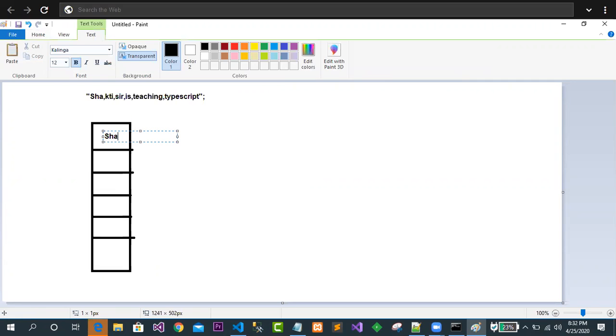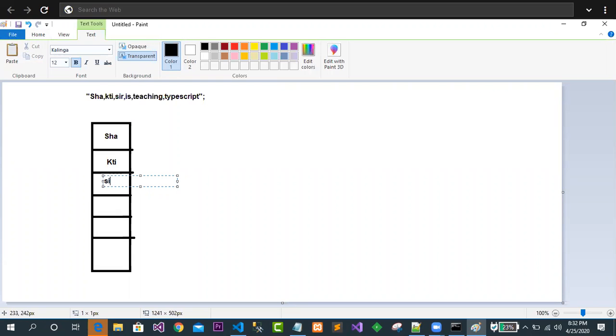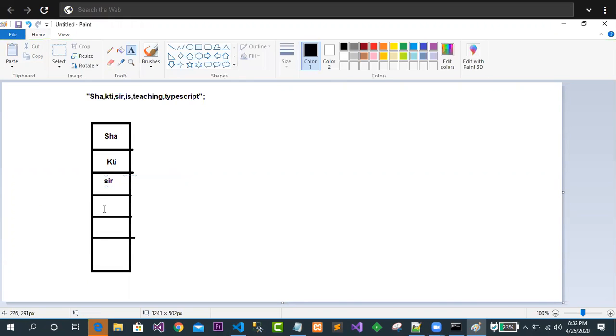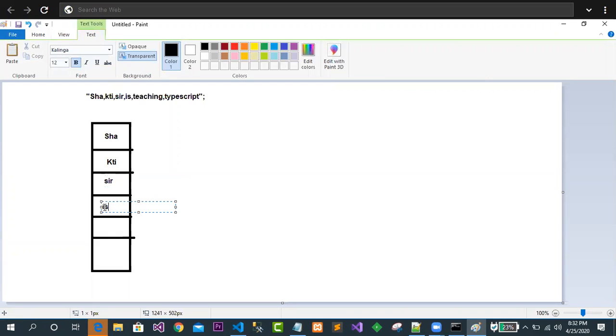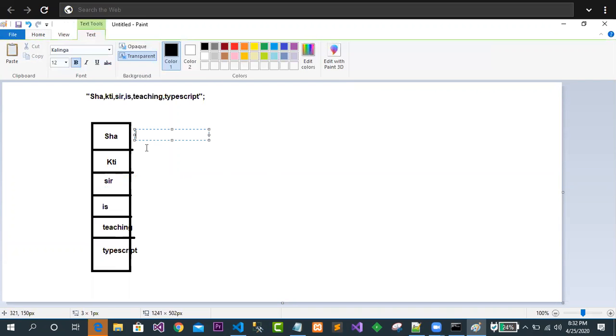This SHA will come to this, this KTI will come to this, now SIR will come to this, is teaching TypeScript. Something like this. Now it is at index number 0, as usual, just like an array.